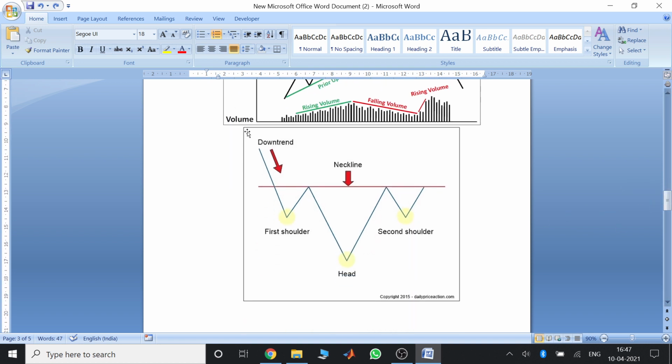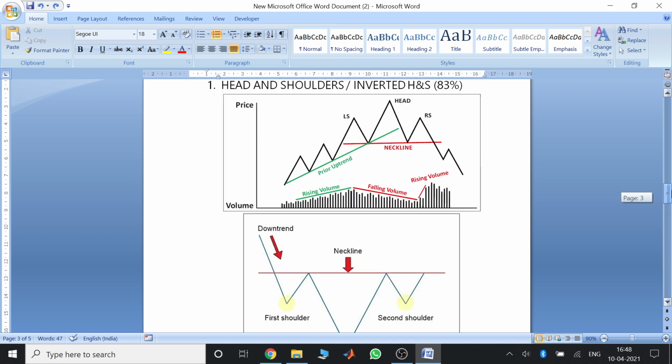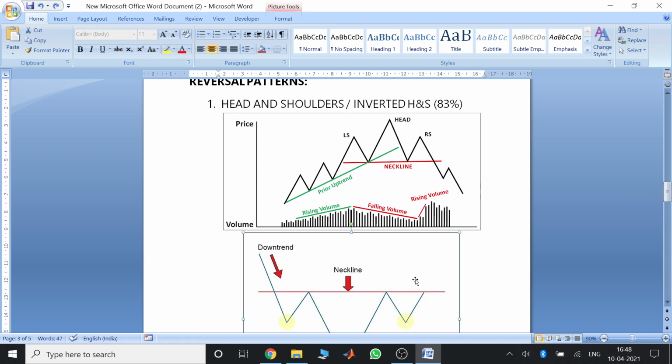Similarly, if you look at this downtrend, price failed to form a lower low here, price came back to the same level, which indicates buying pressure. And the second low it formed here, the second shoulder, could not reach even the head, which means again buying pressure is increasing. Now we have two signs of buying pressure in a row. On breaking this trend line, it would mean that it has broken its previous highs, and now it will go on even higher, and the trend has changed into an uptrend. It is a trend reversal. This is a head and shoulders, and this is an inverted head and shoulders.